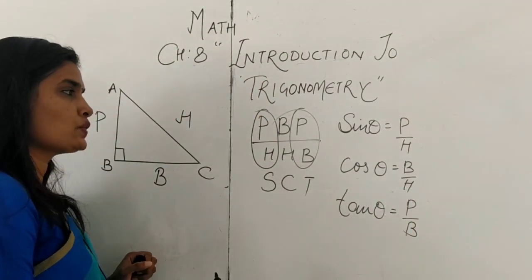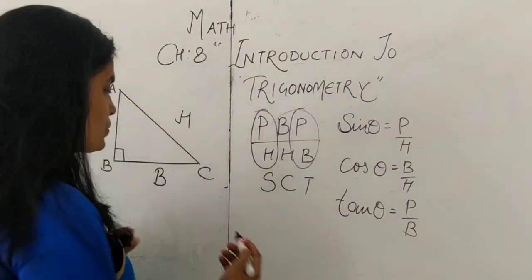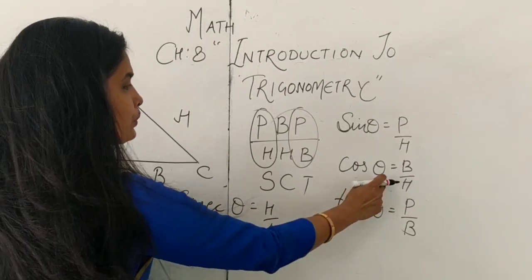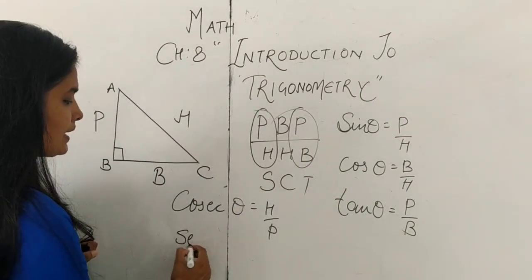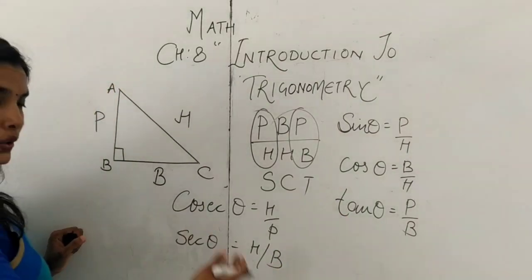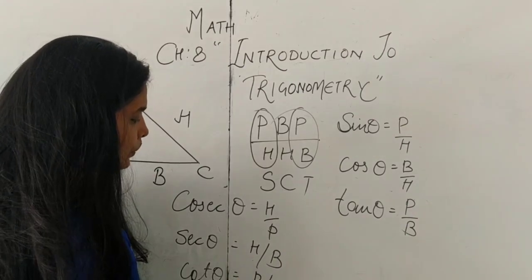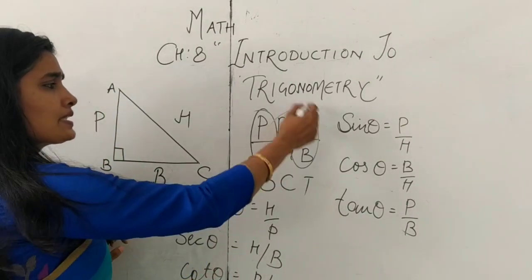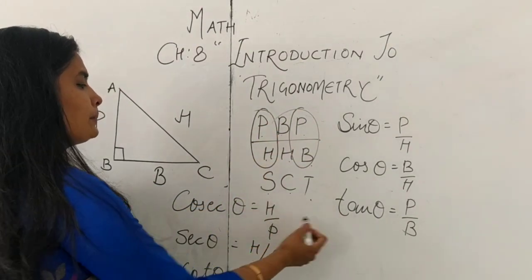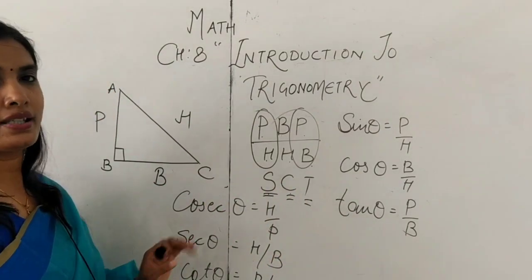Okay, and what possibilities can there be, what will their reciprocals be? Suppose the reciprocal of P upon H, what will it be? H upon P. So H upon P will be cosec theta, and then the reciprocal of B upon H will be sec theta, this is H upon B, and then the reciprocal of tan theta will be cot theta. Fine, you have to learn all these names, that is B upon P. Clear? This is a learning trick: P, B, P, H, H, B, सोना चांदी तोले, means sin theta, cos theta and tan theta. Clear? So that you can learn all these ratios, right?